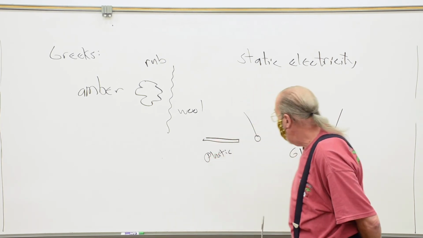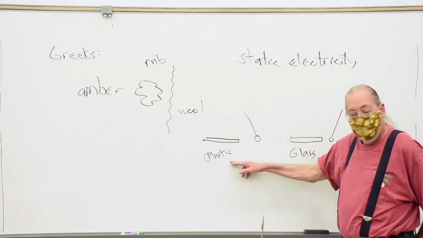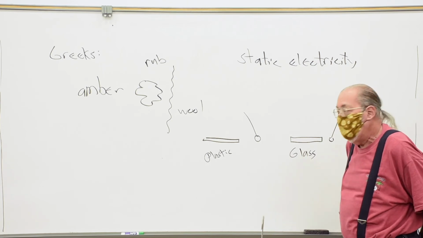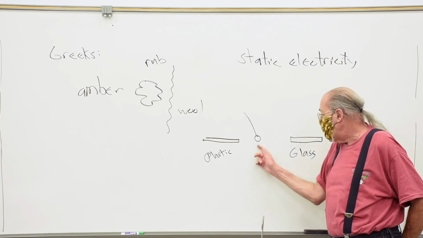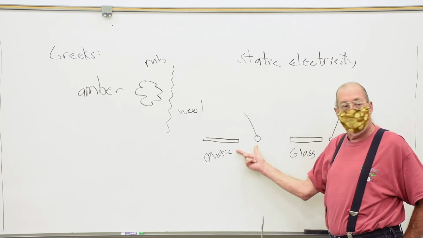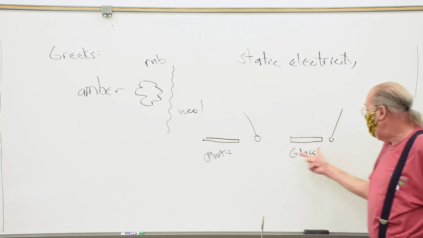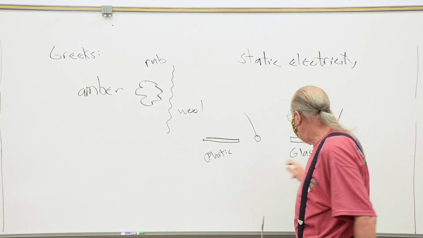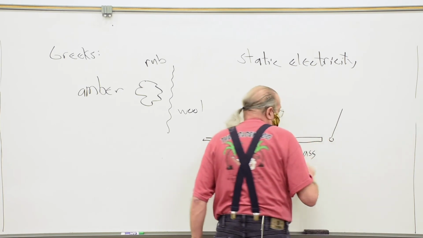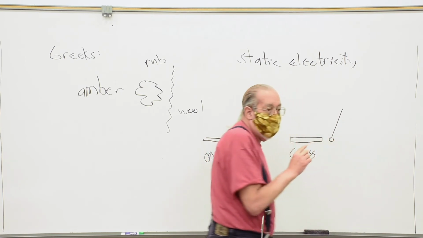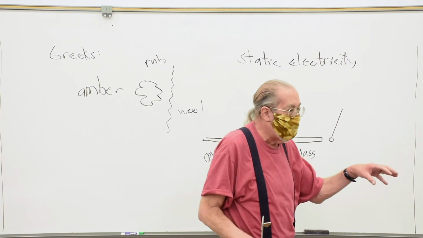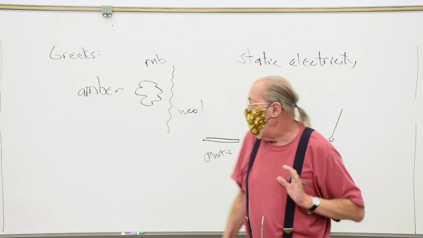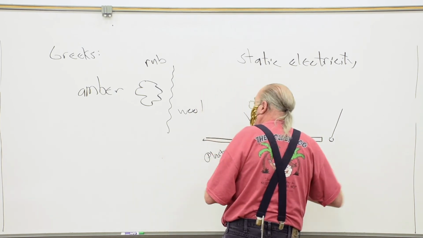The kind when you rub plastic with the cloth, and the type that you get when you rub glass. And clearly, since both of these have the same charge, like charges repel each other, but opposite charges attract. It is possible to rub the glass with the cloth, let the bob touch it, so that some of the charge transfers, and then it's repelled. So experiments show that there are two kinds of electric charge.